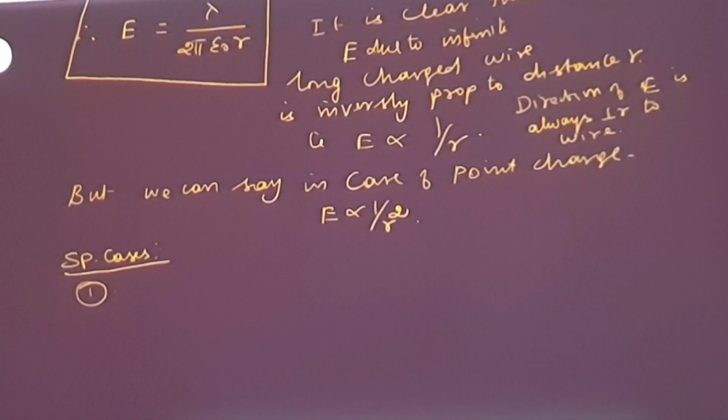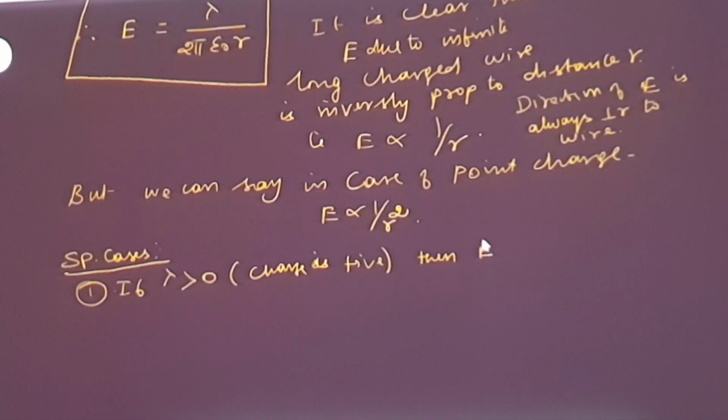Whether it is acting away or acting towards depends upon the nature of the charge, whether the charge is positive or negative. So I am considering the special case where the linear charge density lambda, or charge per unit length, is greater than 0. If lambda is greater than 0, then we are saying that the charge is positive. If the charge is positive, then the electrical field vector E